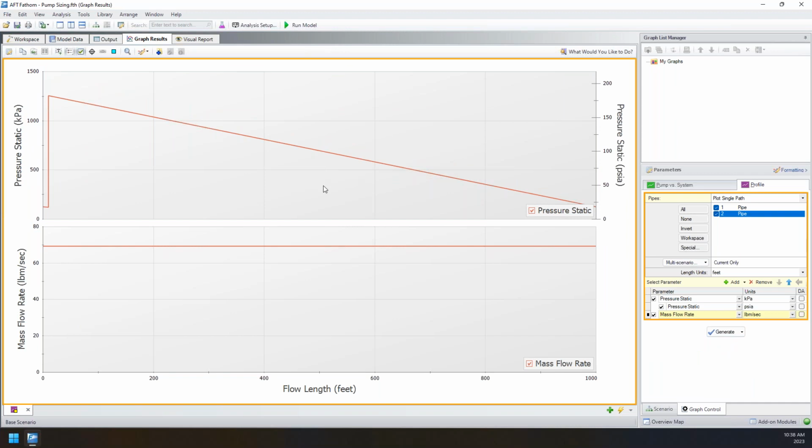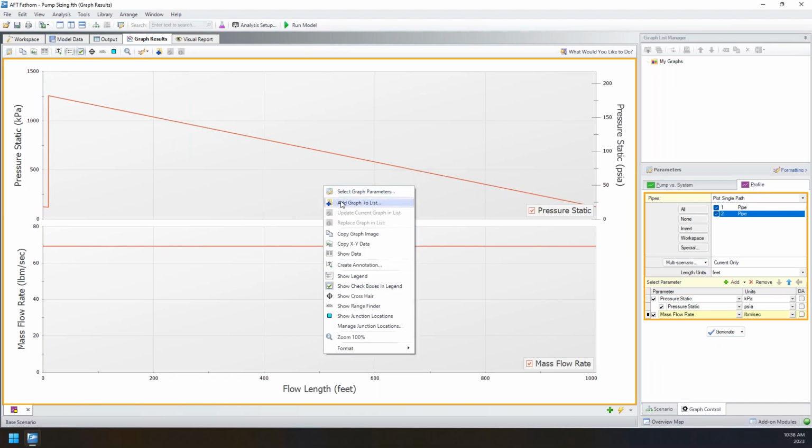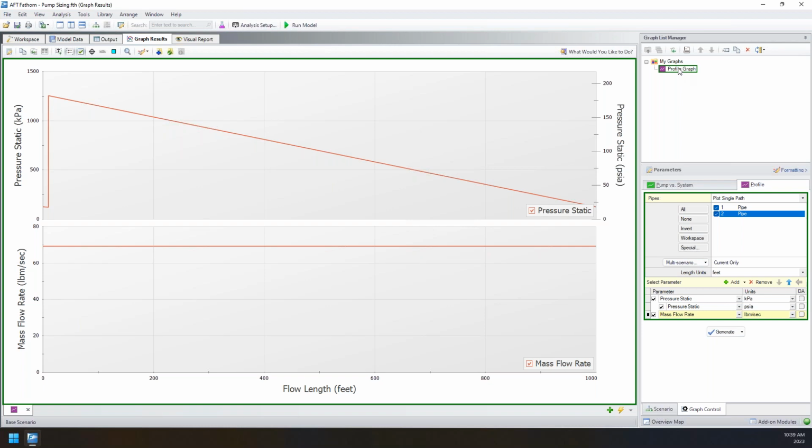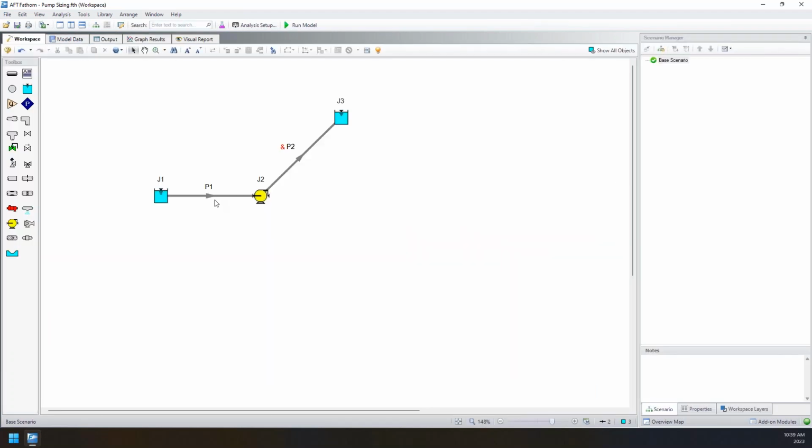So that is the profile graph. One thing you can do is save these graphs. So if you right click the graph and use add graph to list, I'll name this our profile graph. And now I would be able to reload this graph with the same parameters, any other changes I would have made to this template. And if I make any other changes to our system, let's say we want to do